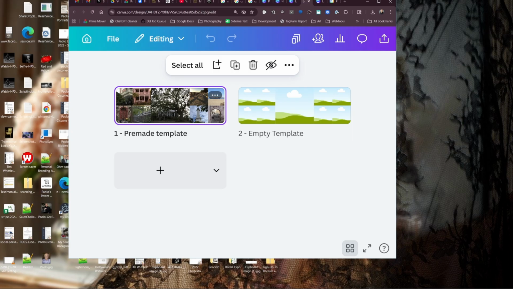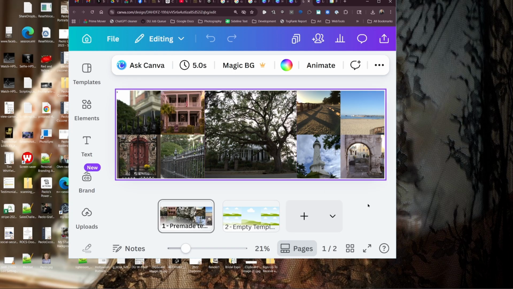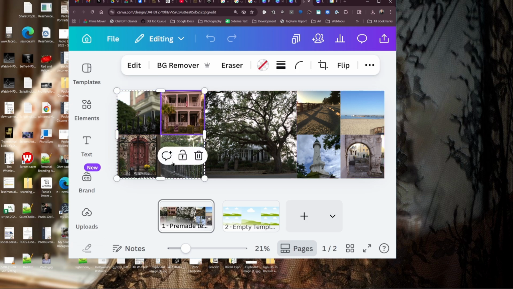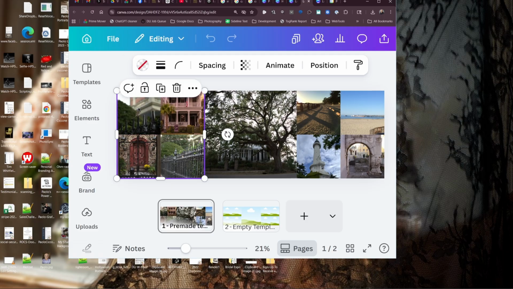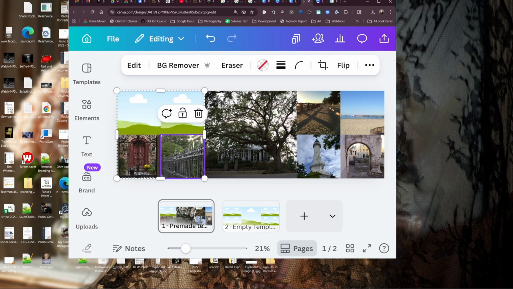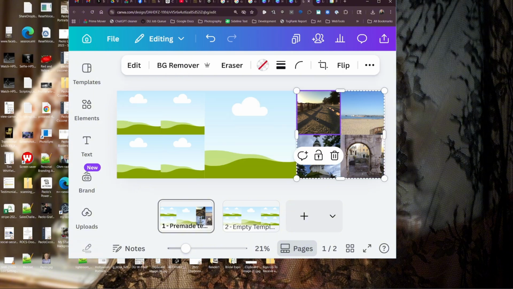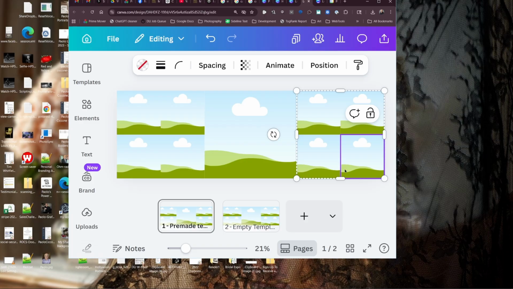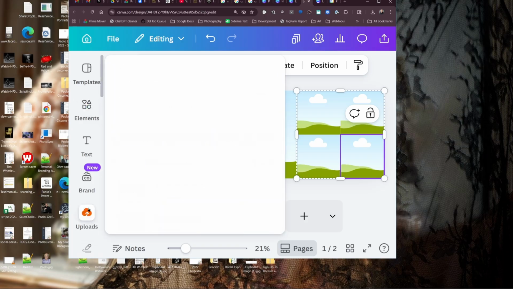So the pre-made template is basically the one that you see in Lumina when you create your empty website. There are a bunch of photos I've taken from places where I've been. This is Charleston. This is Aptos in California, where I lived for a while. And this is my hometown of Trieste, Italy. So nothing special. These are all replaceable images. So you can just click on 1, 2, 3, 4, 5, 6, 7, 8, 9. Every time I click, I press delete,